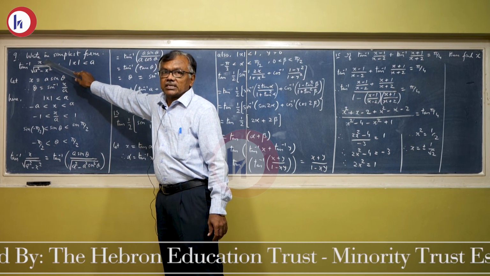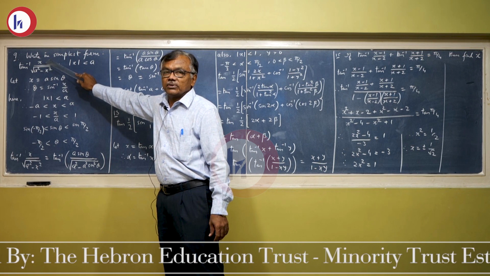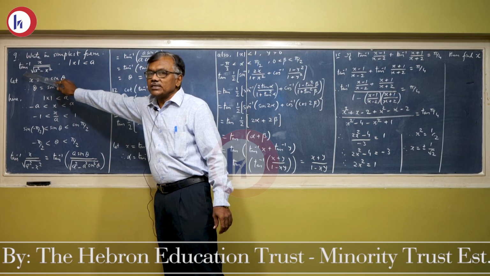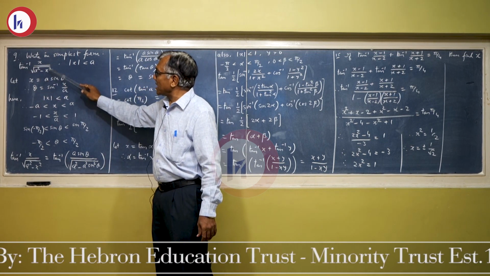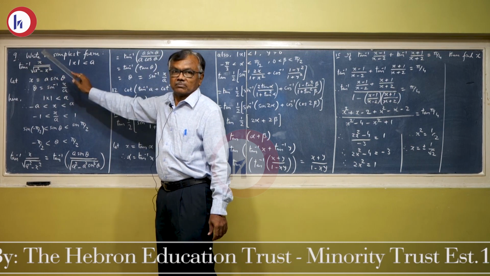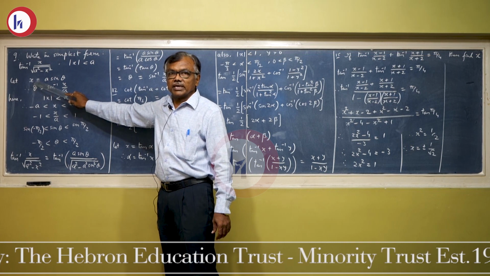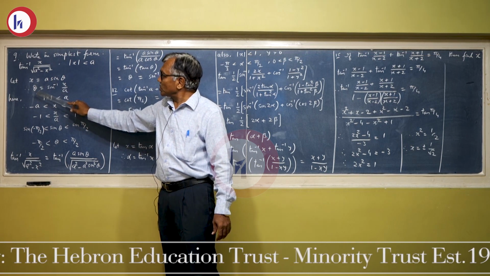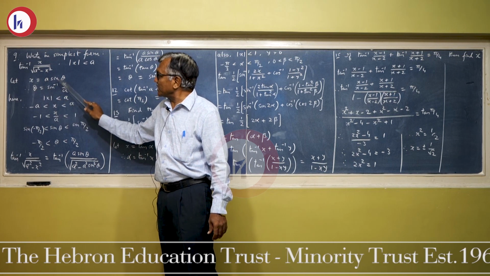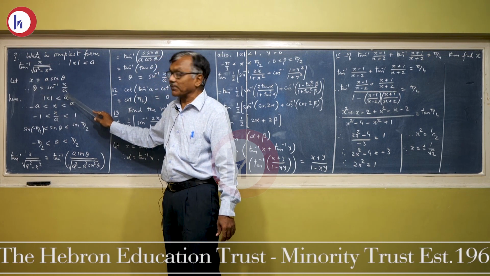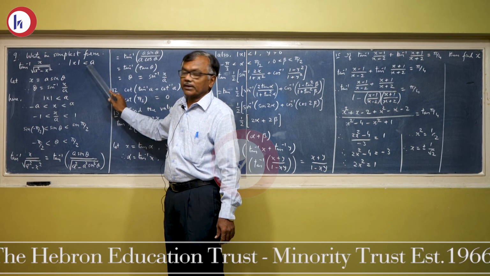Numerator x, so x is a sin theta. So a sin theta upon a cos theta will give you tan theta. And outside tan inverse is there, so no problem. So here if you get tan theta or cot theta, then no problem in finding out the simplest form. Okay, let us see. So assume x is equals to a sin theta. So sin theta equals to x upon a, therefore theta equals to sin inverse x upon a. What is the condition given? Condition given that mod x is less than a.